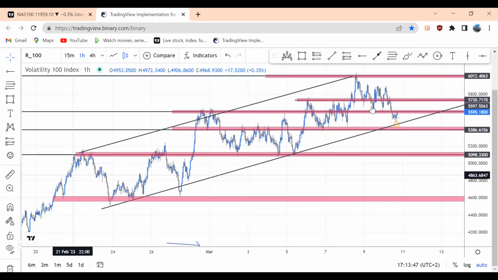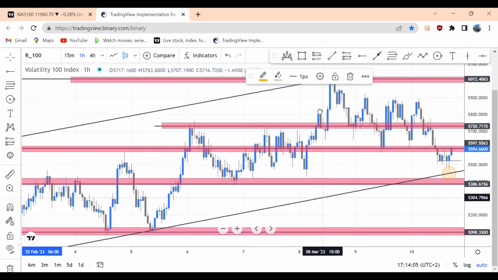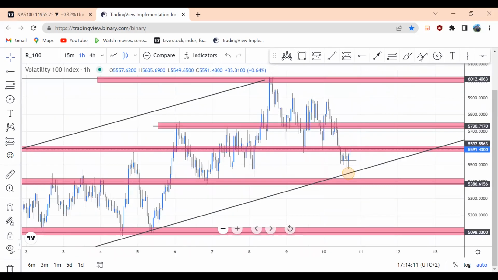I want you to pay close attention to what the market is doing. Look at this, guys. We have this touch here, another touch here, and another touch here, and then we don't have a touch here. But look at this: there's something I call a confluence trading zone. Even though we have a break and retest here, and then the market gave us a doji candlestick to push the price to the downside,